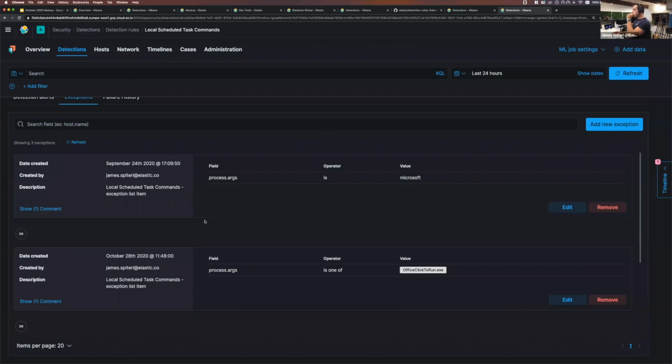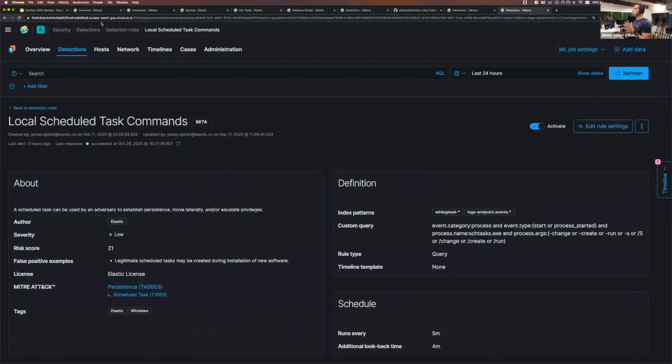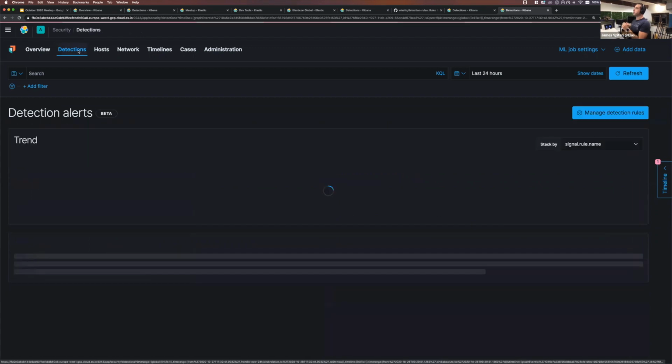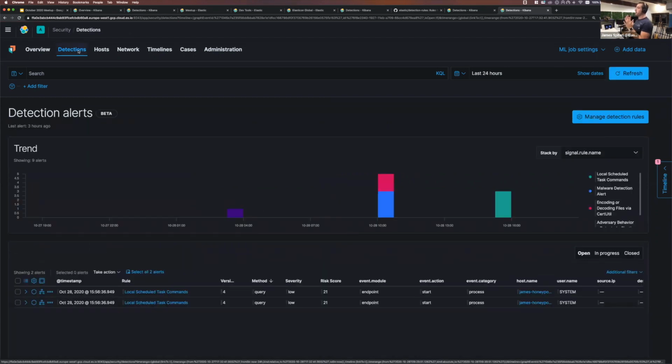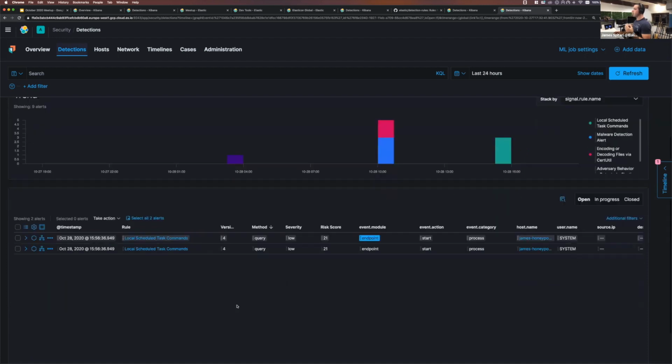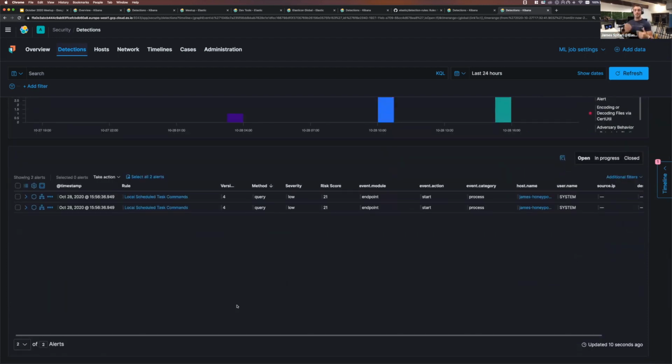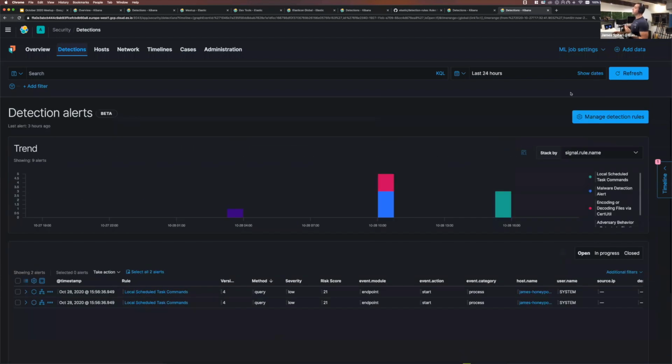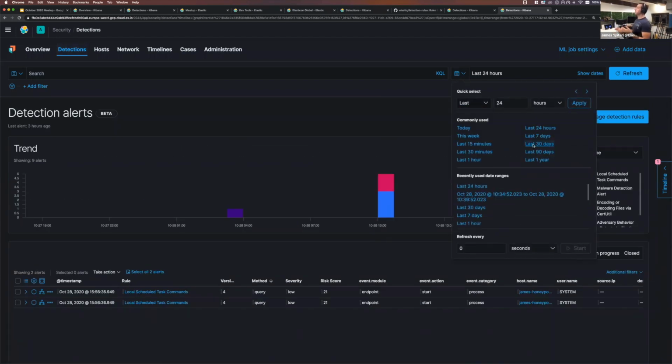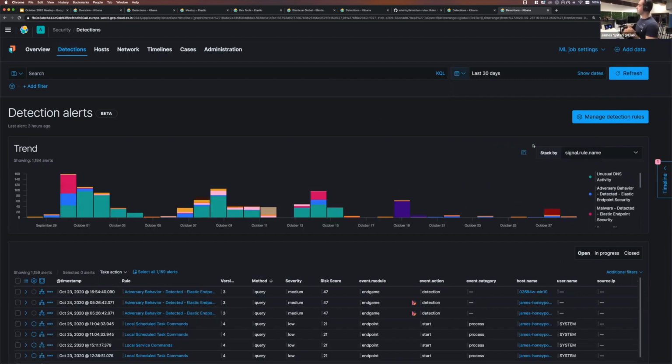Excellent. So a few more things to cover in this context. Just hopping back over to detections, because so far we've only spoken about query-based ones, right? However, we do have the ability to create detections based off of the results of a machine learning job. The way machine learning works in Elastic essentially is we're modeling data over time. So as data is coming in, instead of looking for static values in logs, we're modeling it to look for suspicious behavior. So I have a very good example for you of that. And I'll just go back over the last 30 days of detections just to make it a bit easier.